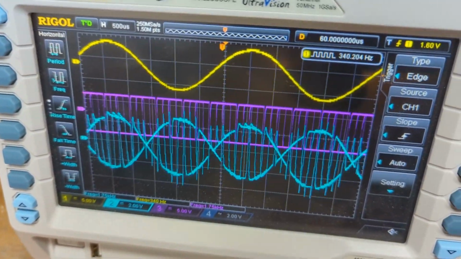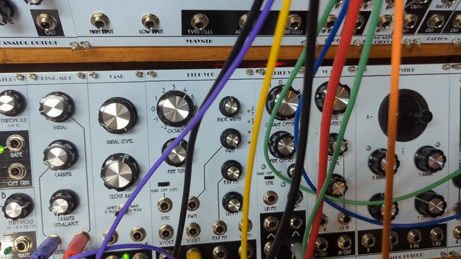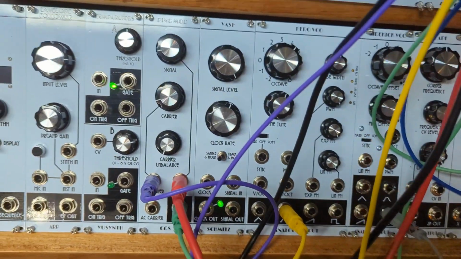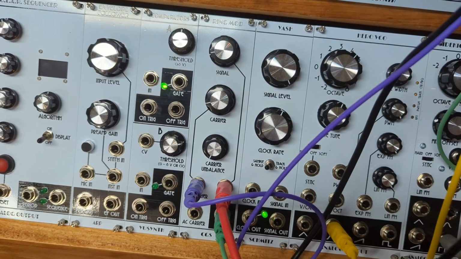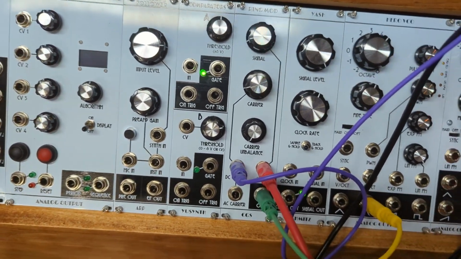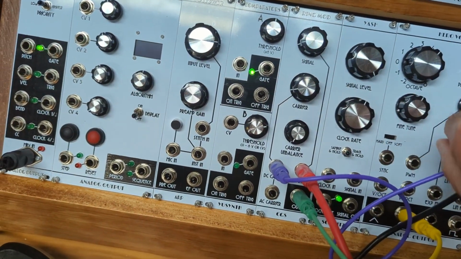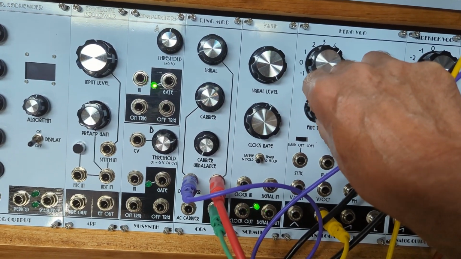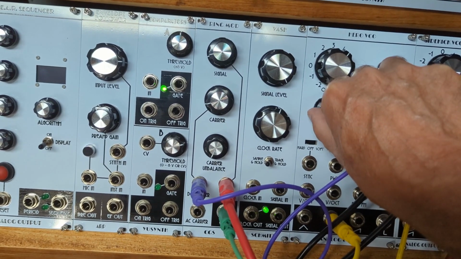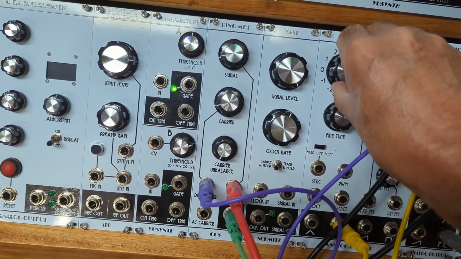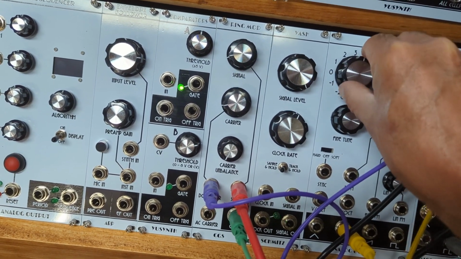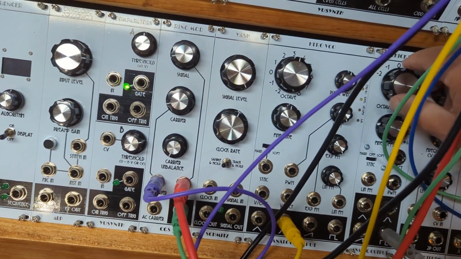What's it sound like? Let's take a listen. I'll turn this up over here. Okay, and now if I vary the frequency of the sine wave, or if I vary the carrier frequency,